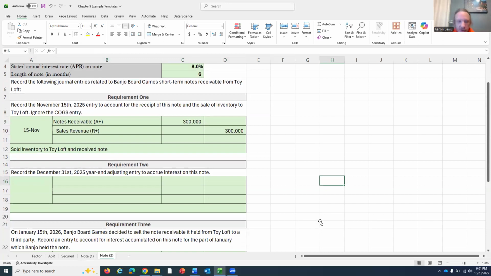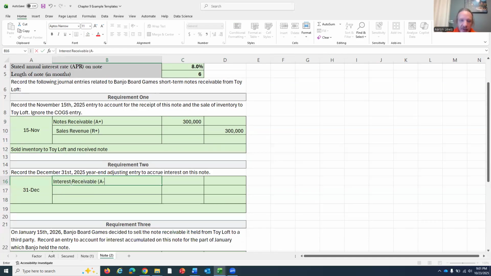December the 31st rolls around just like before. Interest has accumulated on this note between the time where we received it on November 15th and when our accounting period ends at the end of 2025. So just like before, we need to make an adjustment. The interest adjustment on a notes receivable is always the same. It's a debit to interest receivable over a credit to interest revenue for the amount of interest that is accumulated on this note